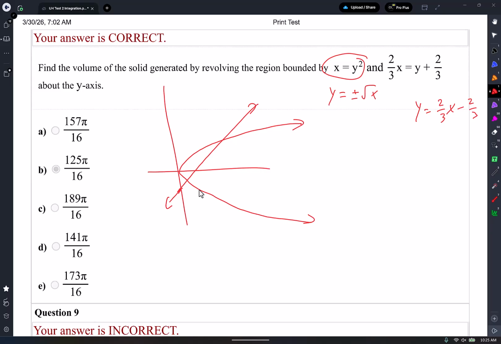And I'm revolving about the y-axis. So it's this region right here. Do you guys see that? I can't draw, guys. I got a D in art. Okay, you know what? I'm done with that. When I rotate it, I'm just looking at this region, and I know it's not perfect. Well, look, now it is kind of. It's going to look something like